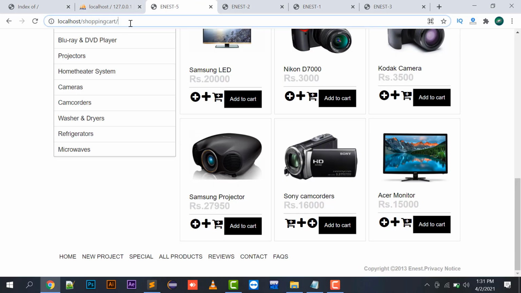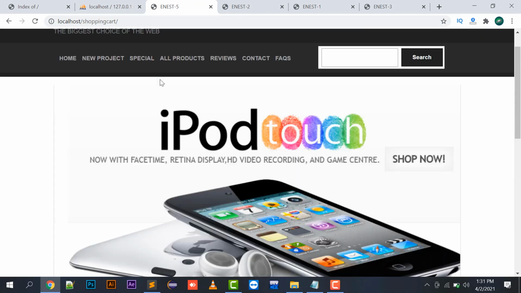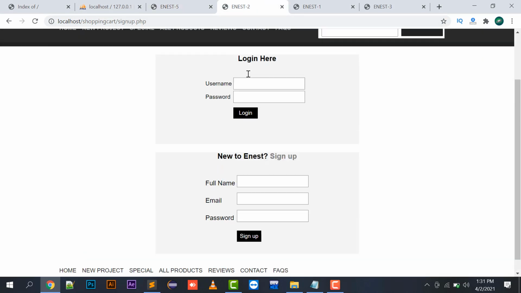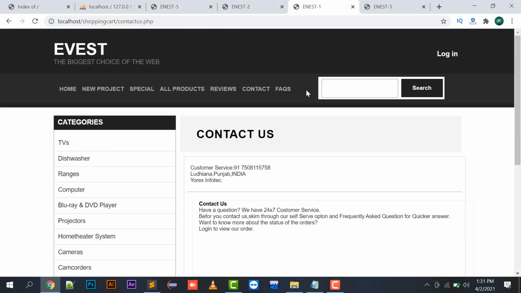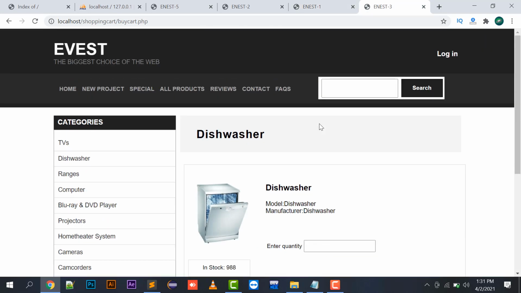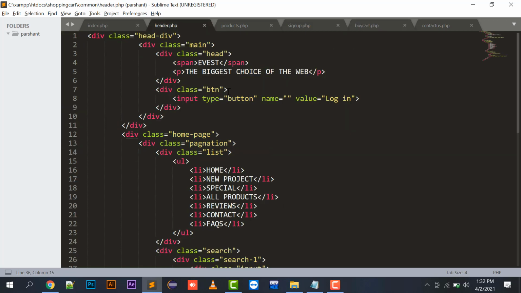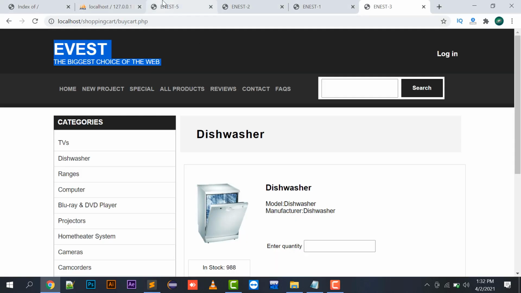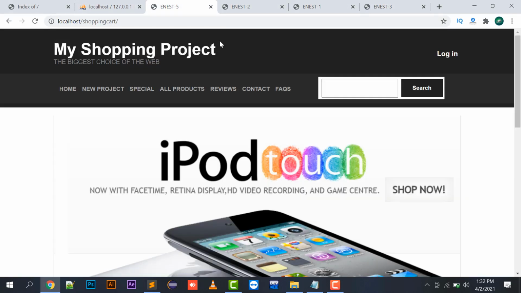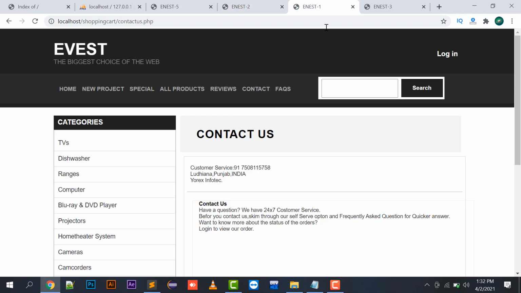And if I check this, here it is also coming, here it is also coming, and here it is also coming. Let's change it. Like if I go to my shopping project, I change only one file, header.php, and let's see, all the pages will be affected by this, right?